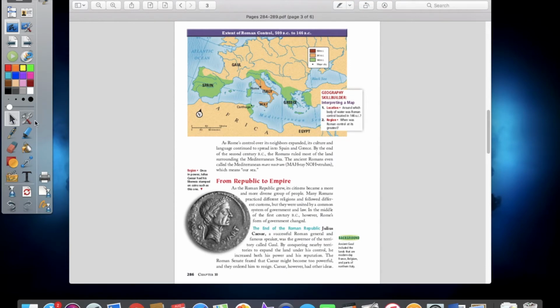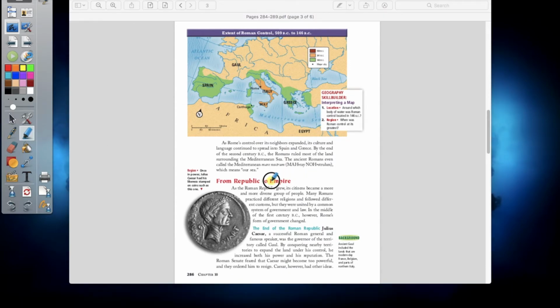This is a key thing to remember when it comes to empires. What is an empire? What causes an empire to be an empire? An empire is a nation that controls other nations. So not only do you have your nation, but you're controlling nations outside of yourself. And the moment that your country stops being a country and starts becoming an empire, historically speaking, it always ends up being bad.